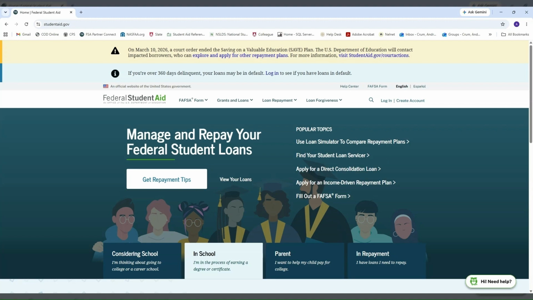If you are the parent of a student and would like to take advantage of the Federal Parent Plus loan, you may do so by applying on studentaid.gov. If you have already created an FSA ID, you will click on the login. If you are not listed on the FAFSA and you don't have an FSA ID, you will have to create an account. Go to the login,